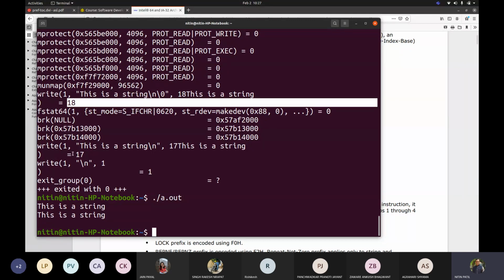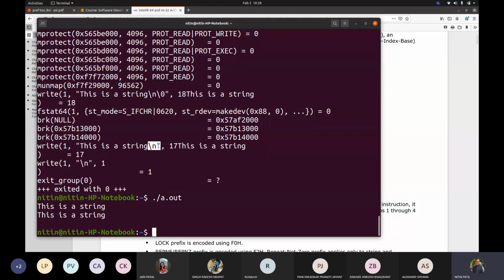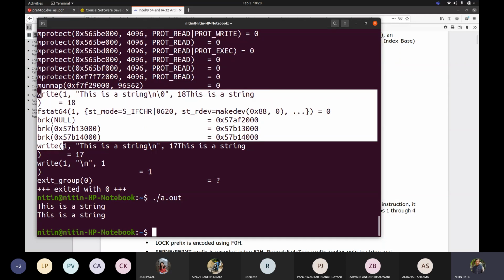While I use puts, it removed that slash n part, or though it took it, it never talked about slash 0, correct? Now if you see here, it added slash n here and it added one more slash n there. Now what might be the reason here? This could definitely be part of your puts function, but from the system side, in both the cases, the write system call is used. One was the system call explicitly and the second was the function call.